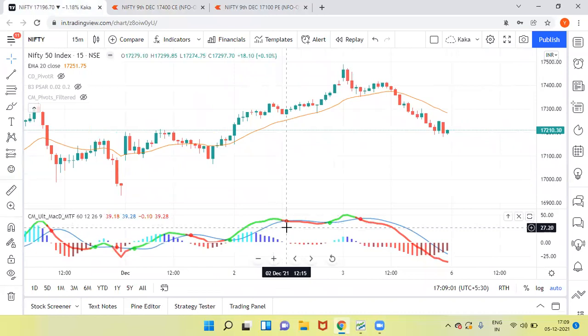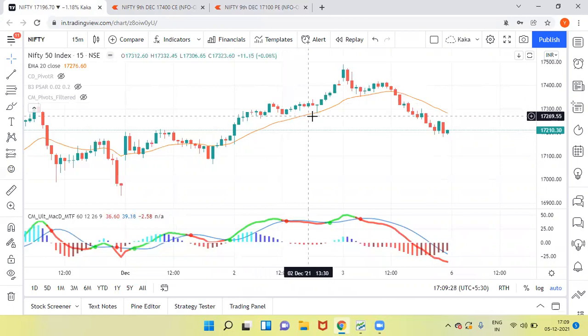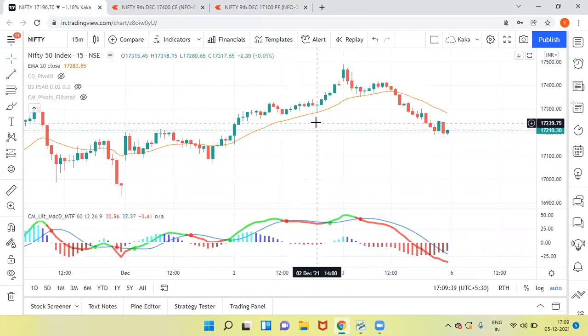So if you see here, on 2nd December 12:15, MACD gave us sell at 12:15. Okay. So it was at the level of 17297.7. Okay. So if it was me, I would initiate a sell on the call, whatever strike price, and my stop loss would have been the option price above this, whatever level. Okay. Now, if you can see, it just came to this particular level. So if you see, the stop loss just got taken out,